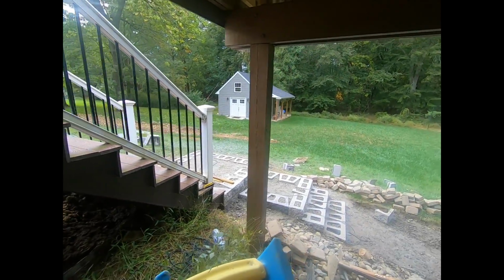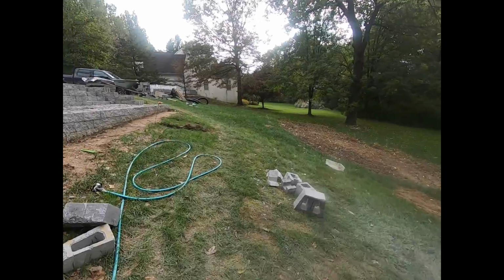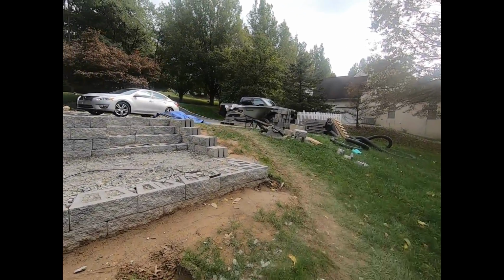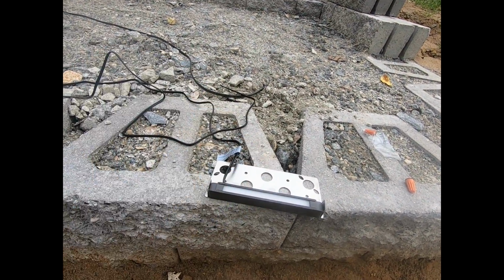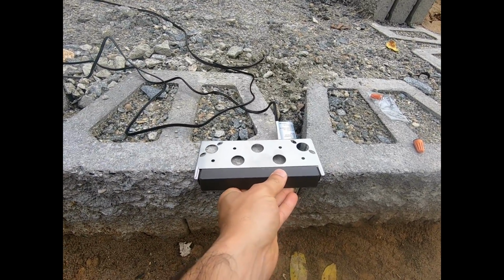Okay, so let me show you now how I'm going to connect to the fixture. It's super easy. Again, these fixtures look kind of like this. It's going to go in here, for example,